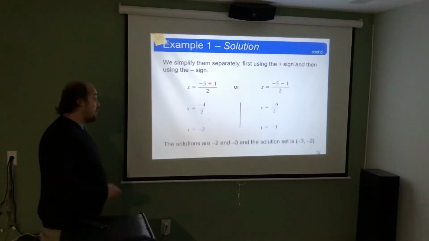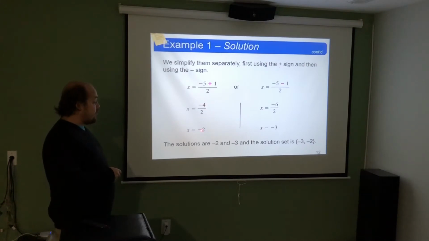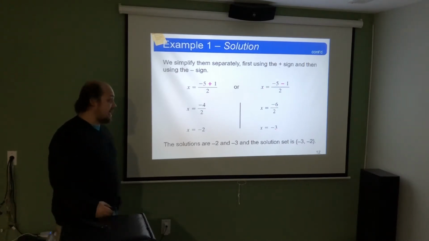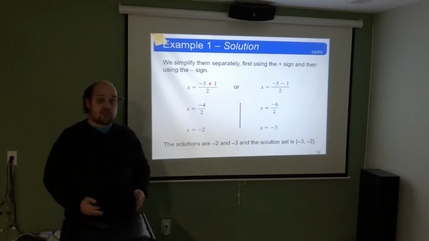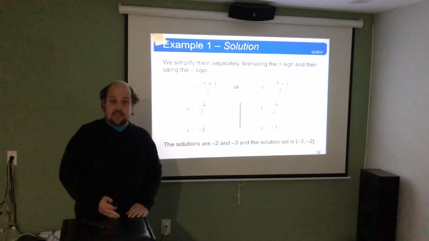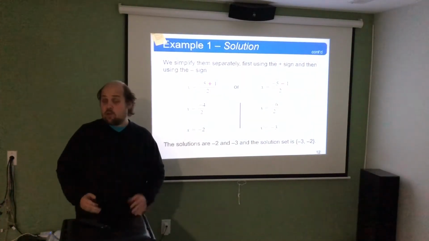When we do it the way that we're adding, we get negative 4 over 2, which reduces to x equals negative 2. When we do the one where we're subtracting, we get negative 6 over 2, which reduces to x equals negative 3. This gives us two valid solutions, negative 2 and negative 3, which would have been what we